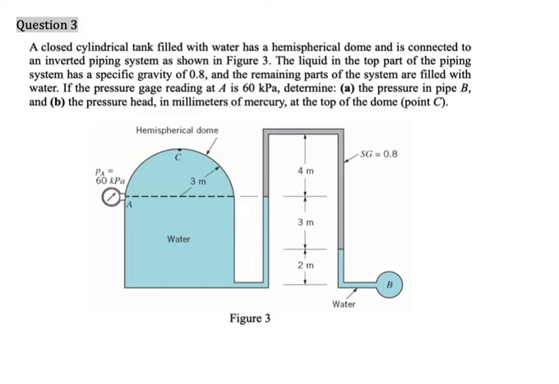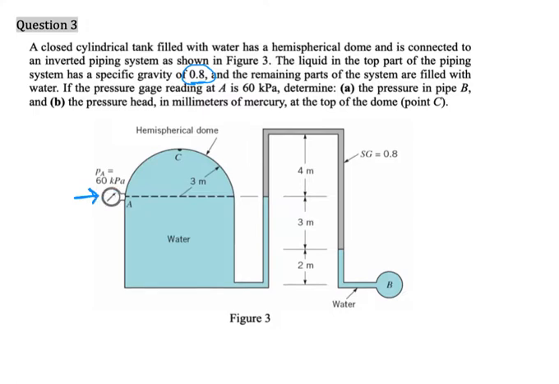Question number 3. A closed cylindrical tank filled with water has a hemispherical dome and is connected to an inverted piping system as shown in figure 3. The liquid in the top part of the piping system has a specific gravity of 0.8 and the remaining parts of the system are filled with water. If the pressure gauge reading at A is 60 kilopascal, so this is the pressure at point A, determine the